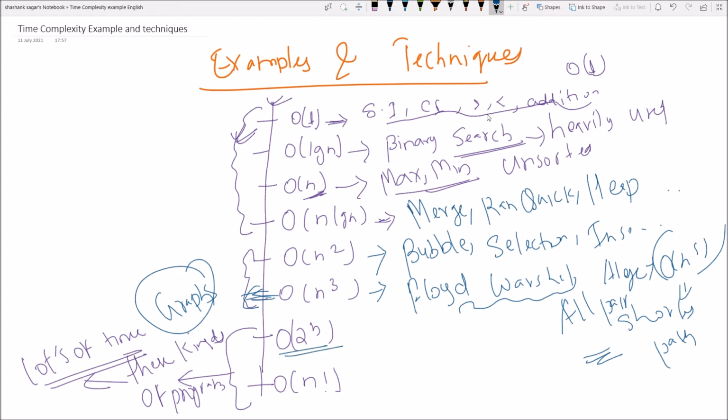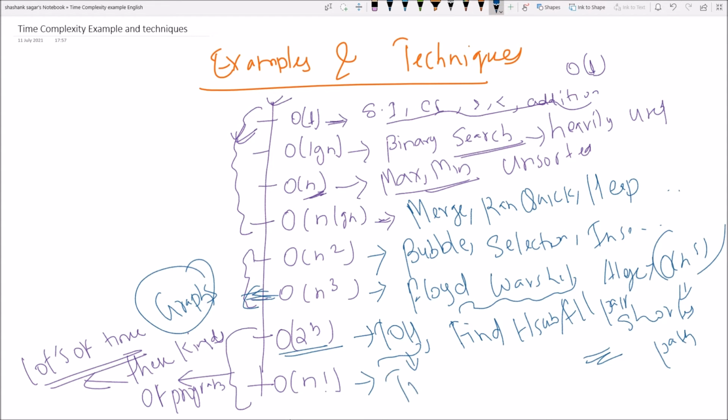Now exponential. You must have heard of the Tower of Hanoi problem, and this particular problem is an exponential one. Suppose you have been given a set and you are required to find all the subsets of that set.